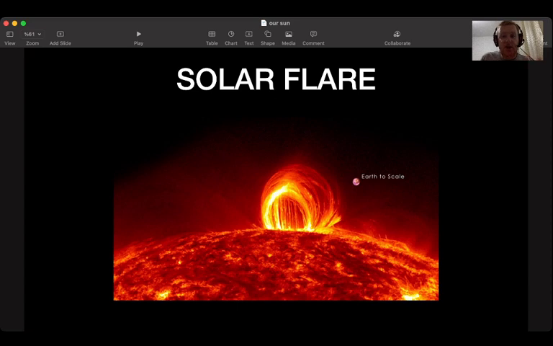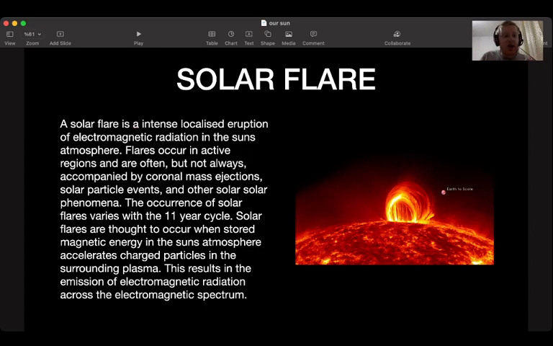So next, the solar flare. As you can see in this picture, this is a solar flare in size compared with the Earth. Very big, guys, extraordinarily big. A solar flare is an intense, localized eruption of electromagnetic radiation in the sun's atmosphere. Flares occur in active regions and are often, but not always, accompanied by coronal mass ejections,